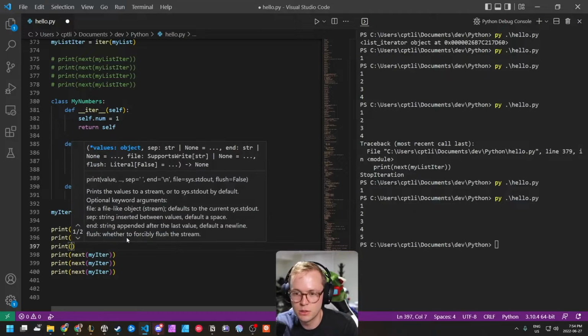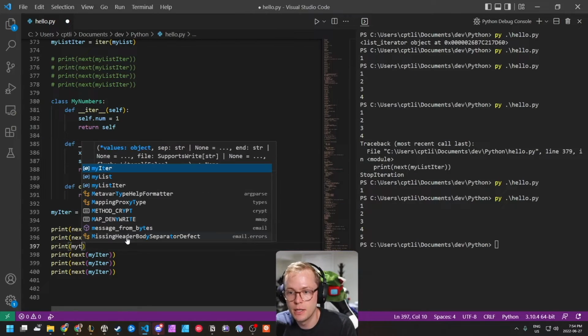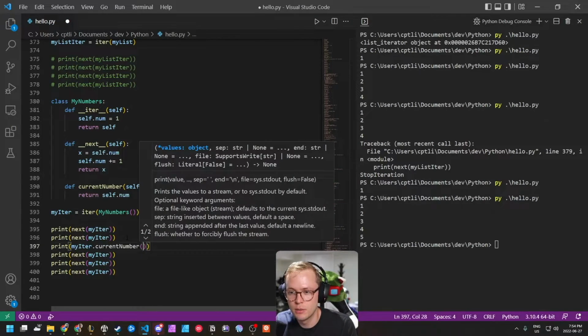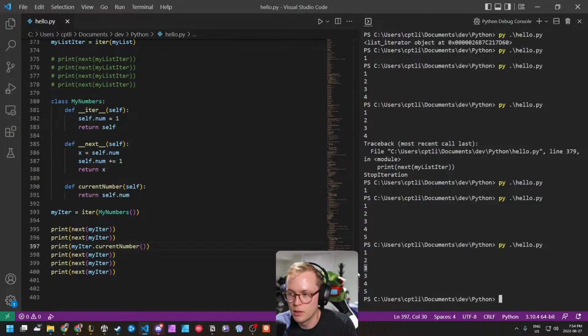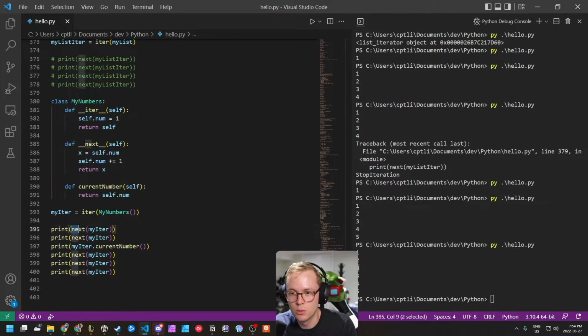So let's do print myIter dot current number, and we can see. Okay, we get 1, 2, 3, 3. So the reason that this was a 3,